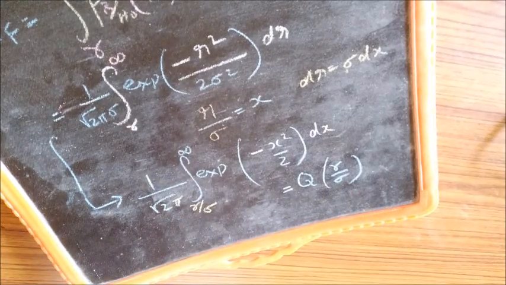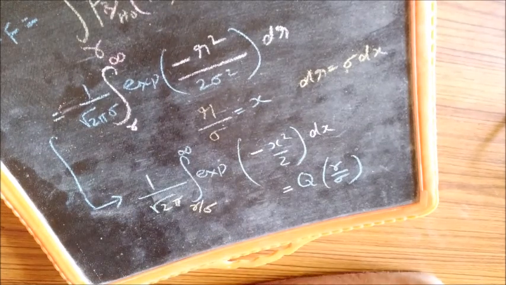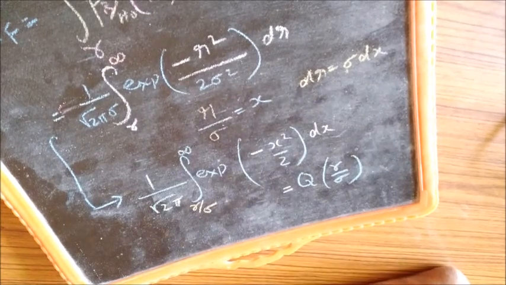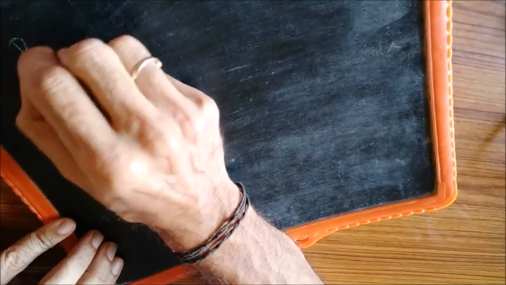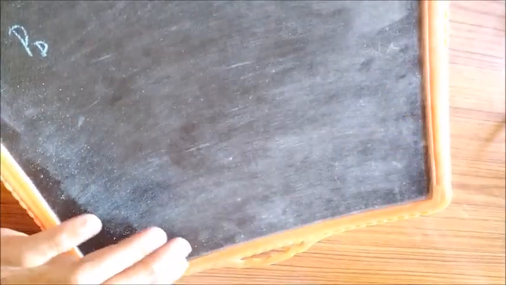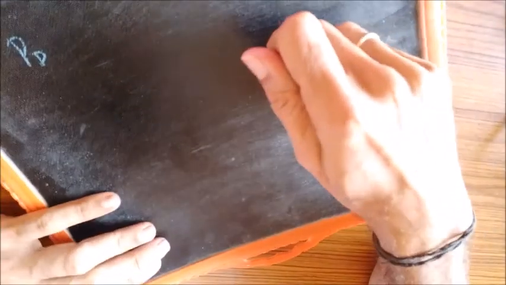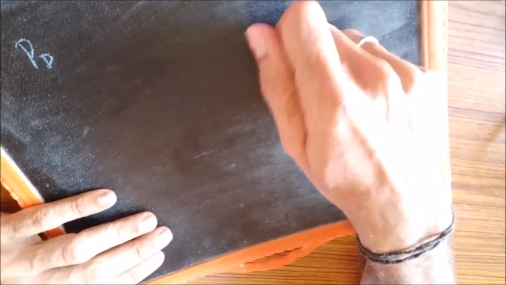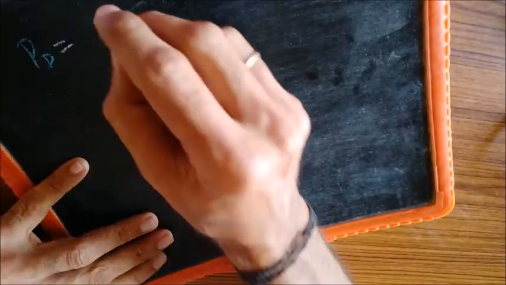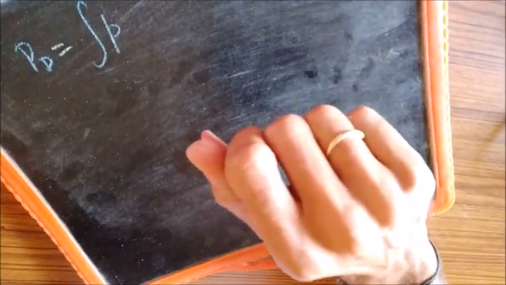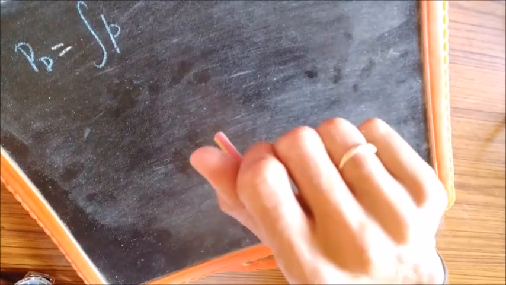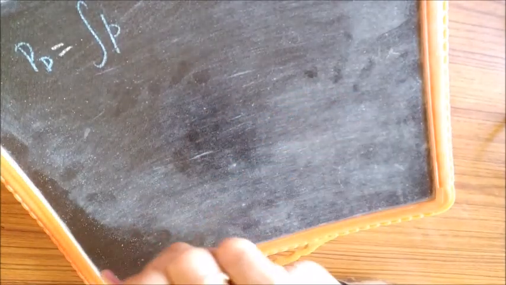We will express such integrals in terms of the Q function. So Q of gamma by sigma is the probability of false alarm. Now we move on to the probability of detection. Detection happens when the true hypothesis is H1, and you declare it as H1. So that will be the probability of R lying above gamma, again when H1 is the true hypothesis.